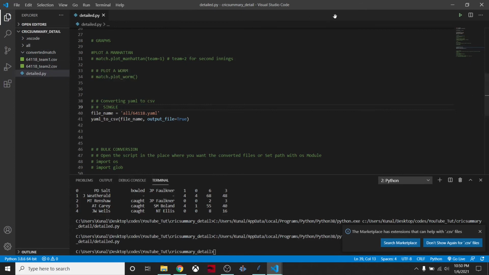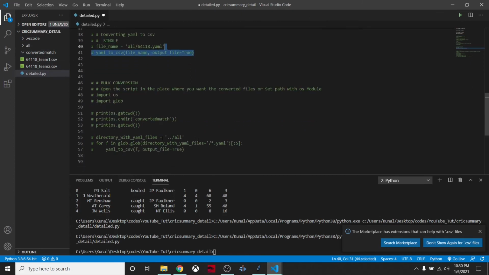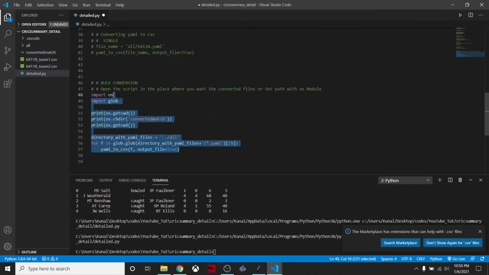Now the next thing that is very frequently asked is how to convert multiple files to CSV. For that, I've already created this convert match folder. Import os and glob, which are built-in modules in Python.